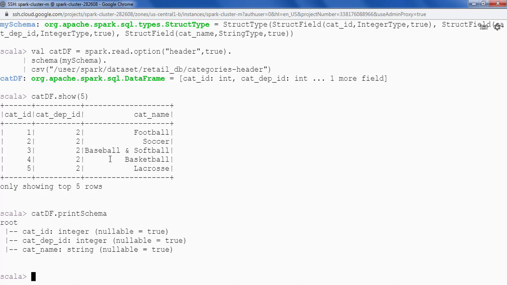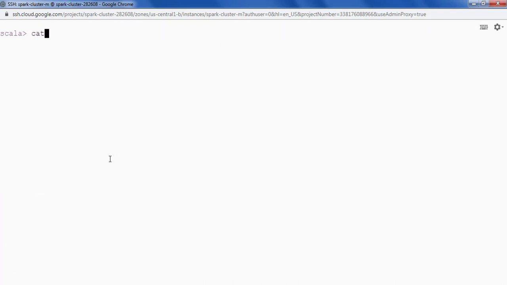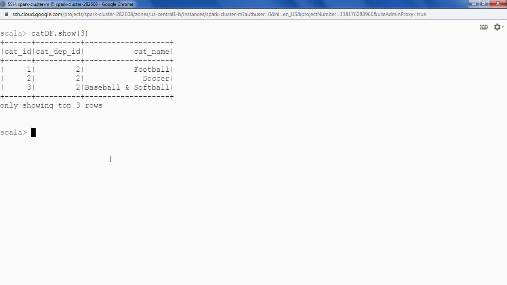Now let's understand how to write a CSV file to HDFS. As I told you earlier, we can use the write method of the DataFrameWriter to write a Spark data frame back to HDFS. Let's see that. Our data frame is cat df. Cat df dot show, if I just see the top 3 records, this is my data frame.